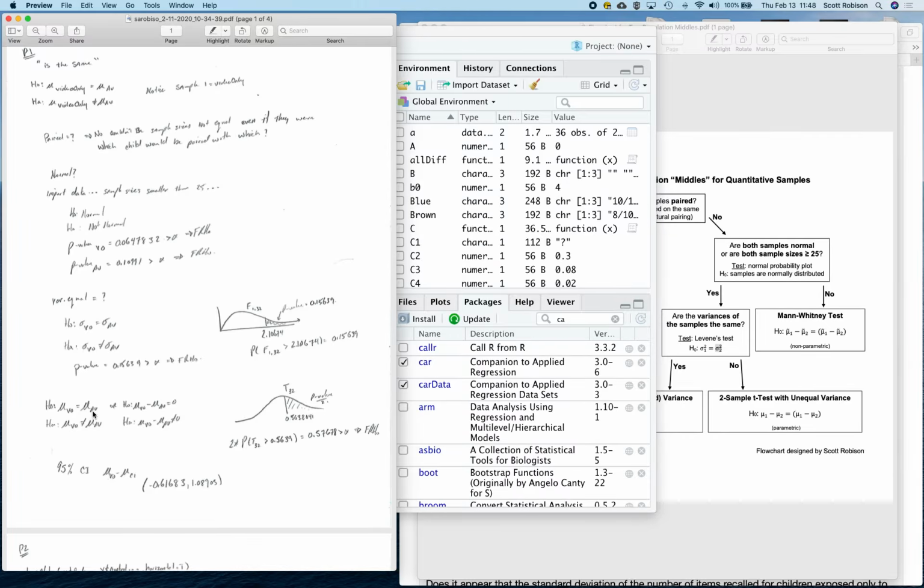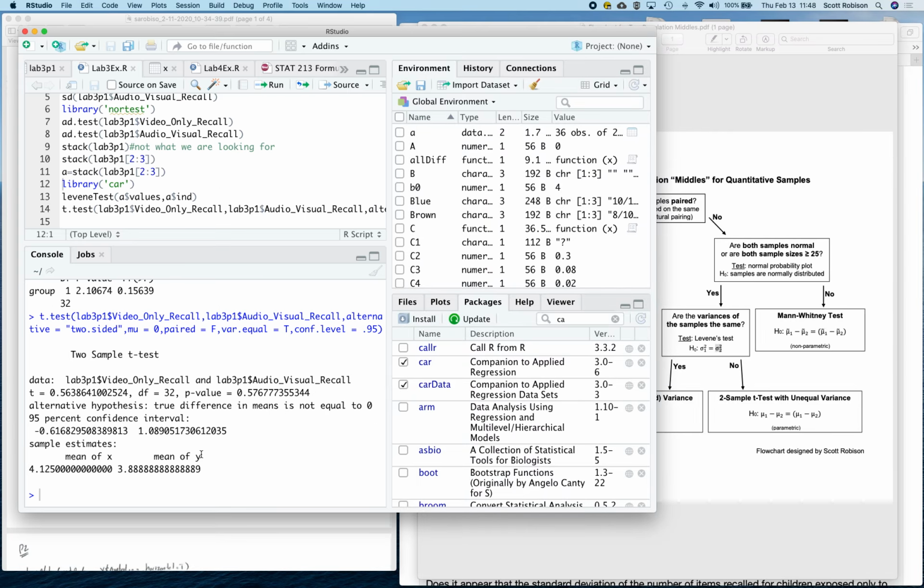It seems like the video and both the audio and the visual are not significantly different from each other. The other thing that I wanted to draw your attention to is, especially when I've got the two-sided sign or the not equal to sign, your R will also give you a confidence interval. So here, what this is saying is that the difference between the two averages should be between this value and